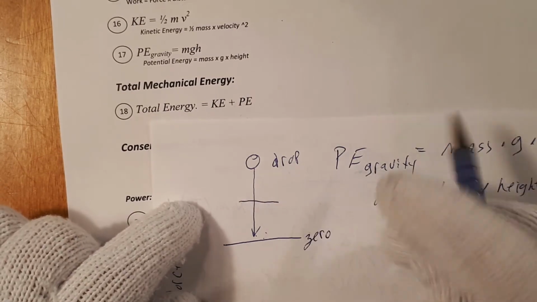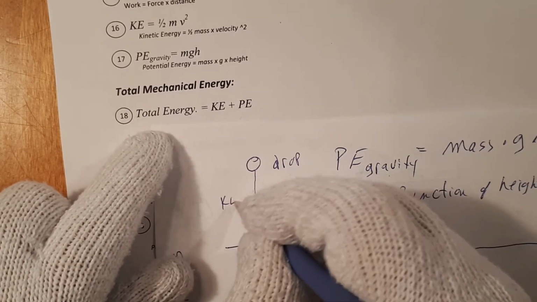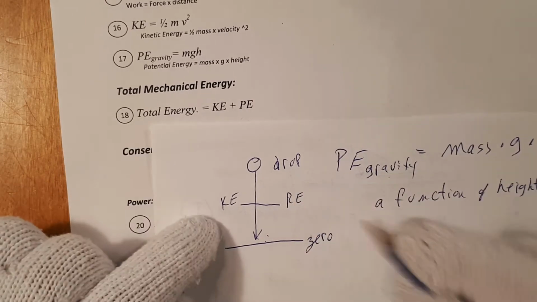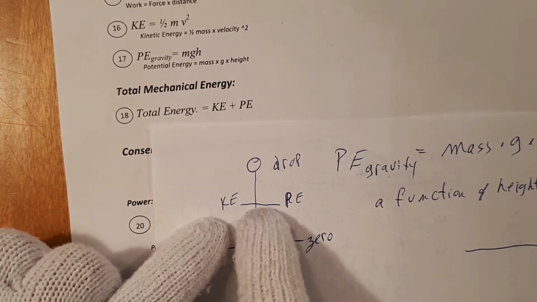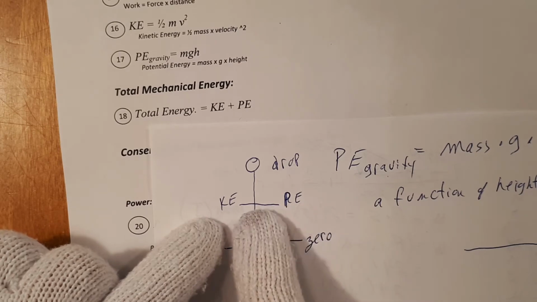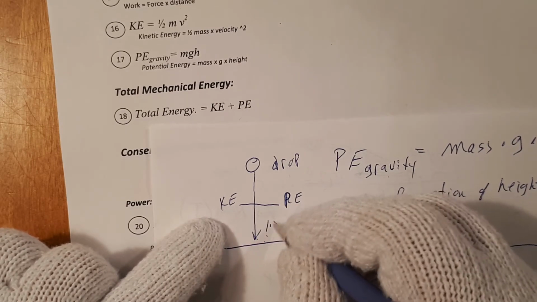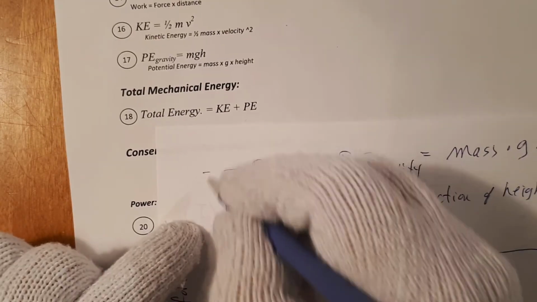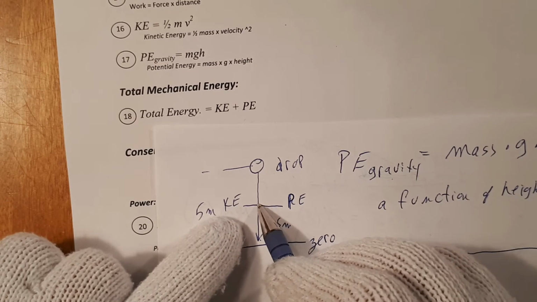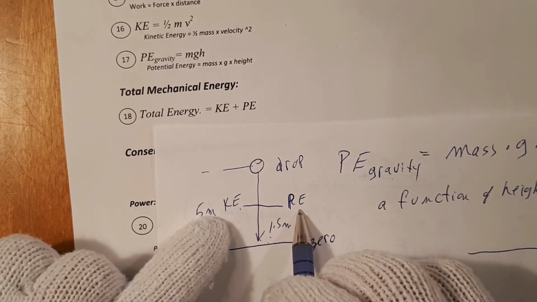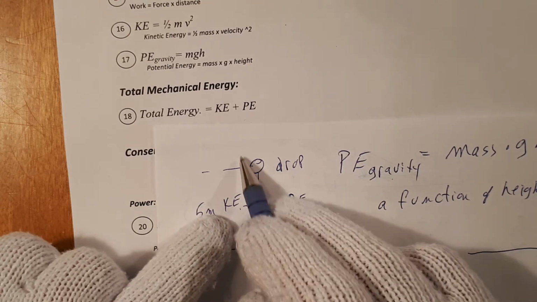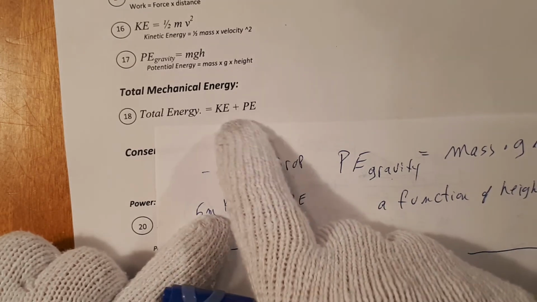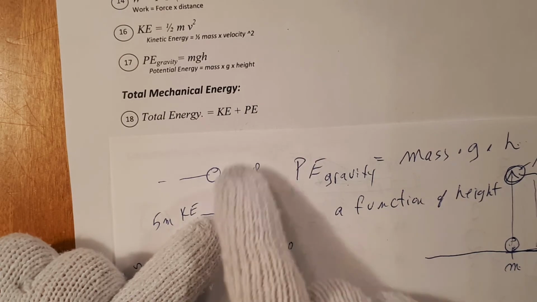At any point right here, it has a total energy. Add up its kinetic energy and its potential energy. That will be its total energy at this point. We can calculate the kinetic energy, we can calculate the potential energy at that particular height. Let's say we give this height here 1.5 meters, and the whole thing here was say 5 meters up. We can calculate what its speed is here, that in turn we calculate its kinetic energy and its potential energy. So its total energy at this level is a combination of these two, the addition of those two. That's really not too important for us. This represents total energy. But that total energy comes into play in the next equation,